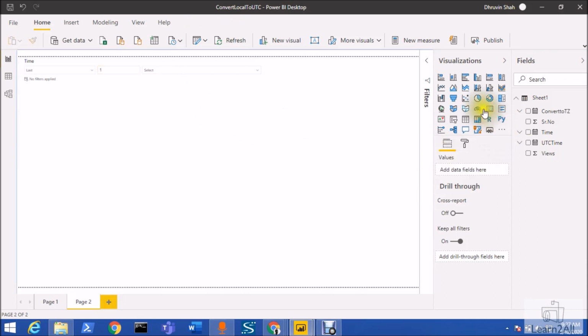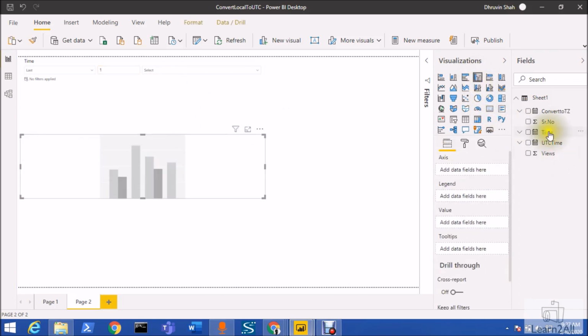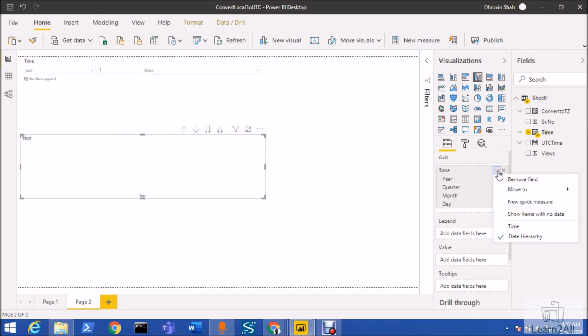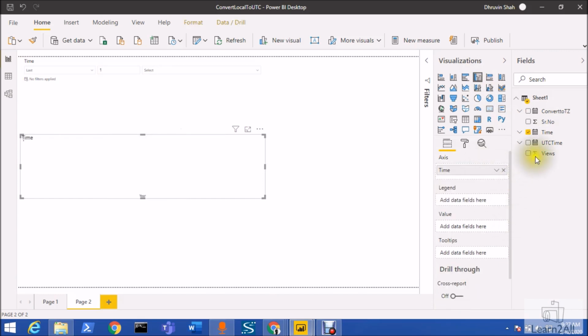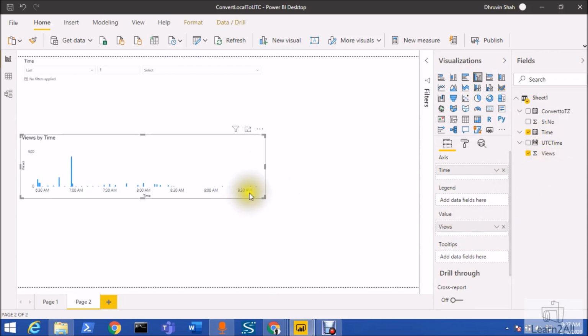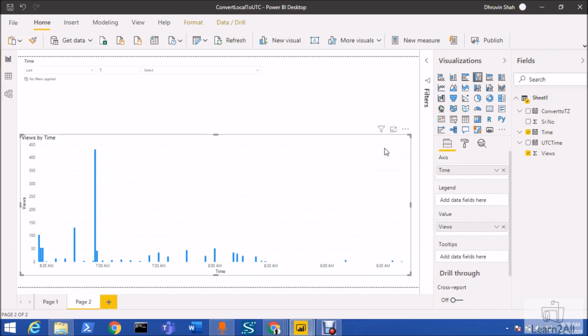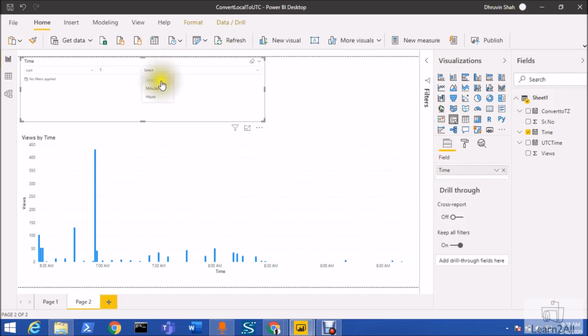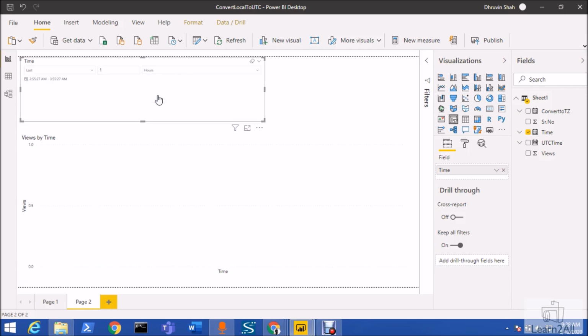Now let me add one of the visualizations on my page where I am adding the axis as time, and let me just convert it to a normal time value over here, and let me add a few of the views values. So I have this type of chart on my page. Now let's say I want to filter it, let's say I want to see the last 1 hour of data. Whenever I filter this, it should show me the last 1 hour of data, but currently at this moment it is showing me nothing,